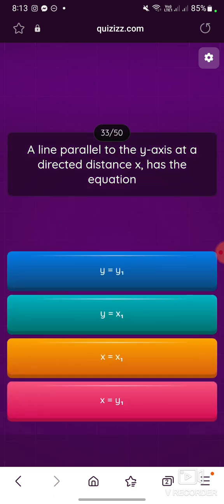A line parallel to the y-axis at a directed distance x has the equation... A line parallel to the y-axis at a directed distance x has the equation of